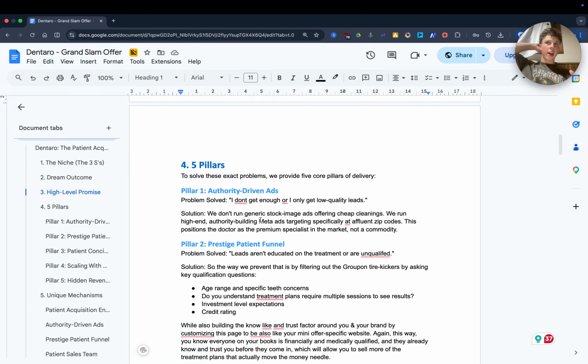This I kind of had, but I kind of didn't, and I would always bounce between pillars. I would always add something and take it away, and I didn't actually know in concrete what my pillars were. Also, I didn't have names for my pillars. I knew I ran Facebook ads. I knew I called their leads. I knew I had AI. I knew I did whatever, but I didn't actually have cool names to make them sound like new things, because